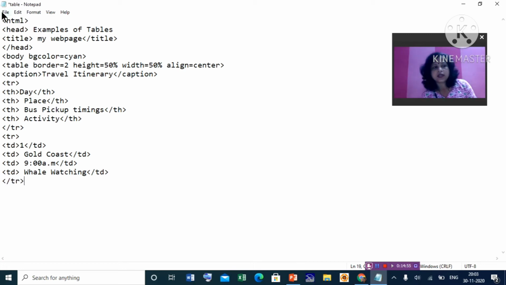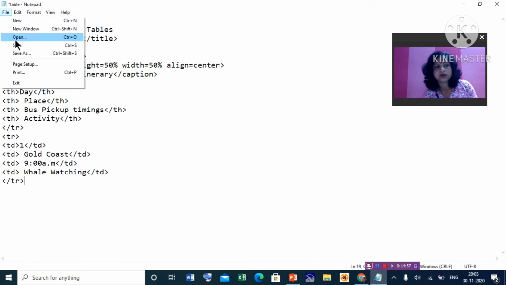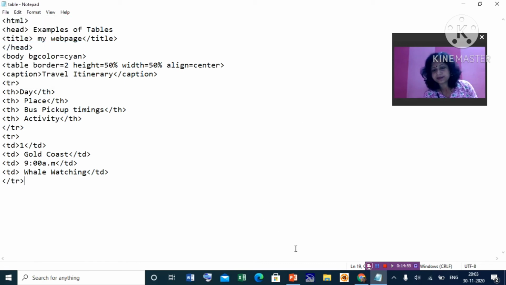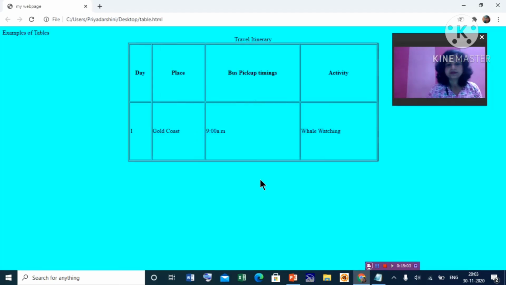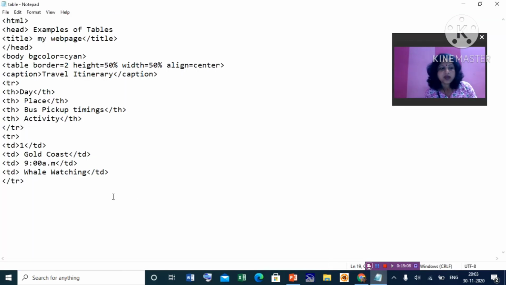Now let us see how another row is added. Save it. Another row added. For the next row, we again go for another TR. Whenever we start a row, we start with the tag TR, which stands for table row.